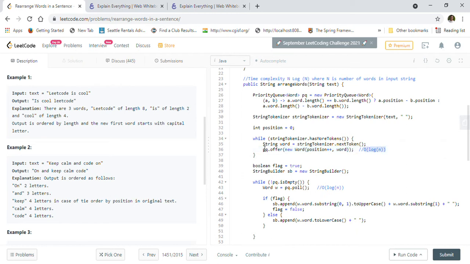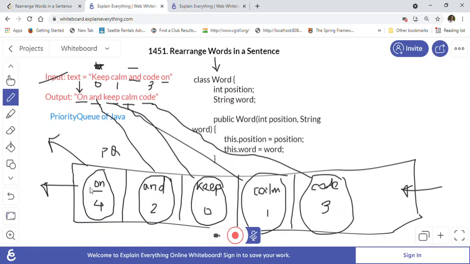So basically this is O(n log n), where n is the number of words in the given input string, which is also our time complexity for this algorithm, because of this n log n. So here we have already offered the words, so the words are already in the priority queue. This phase, where we have all these words in the priority queue, is done here.